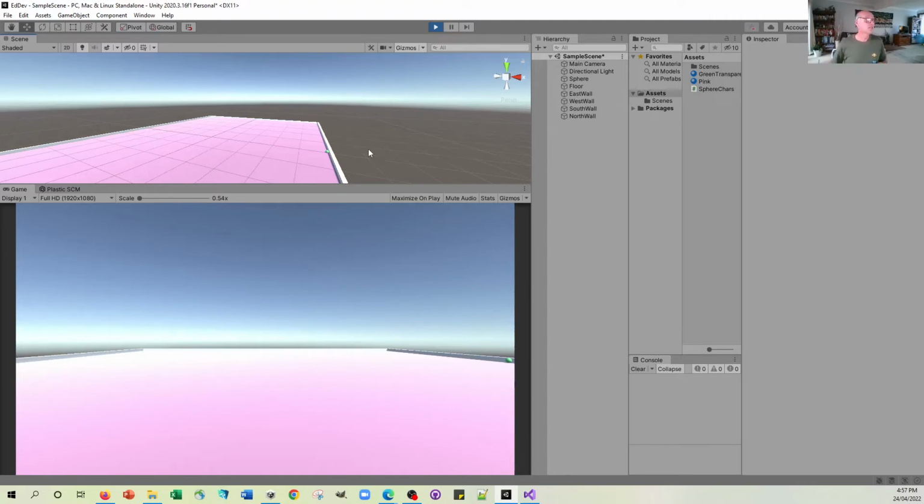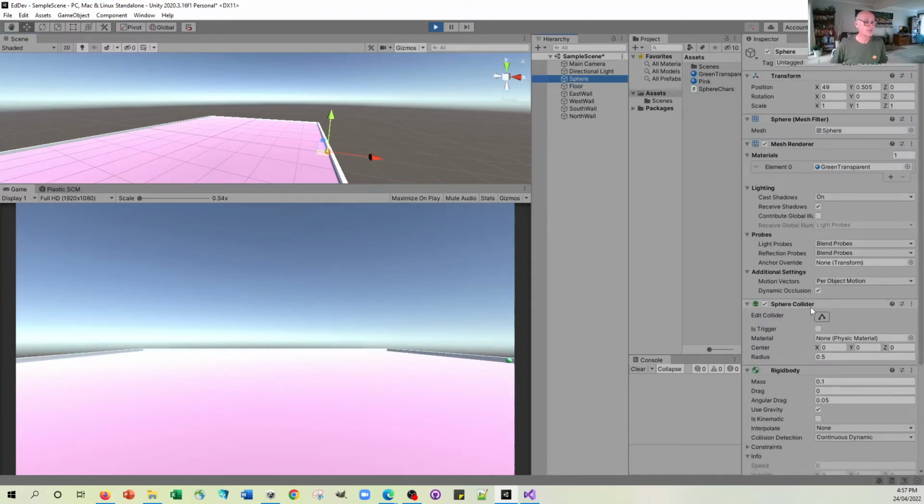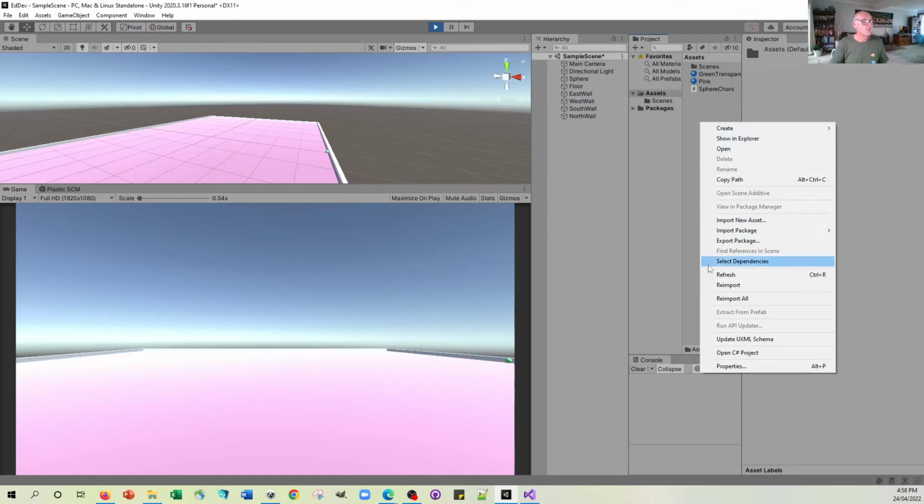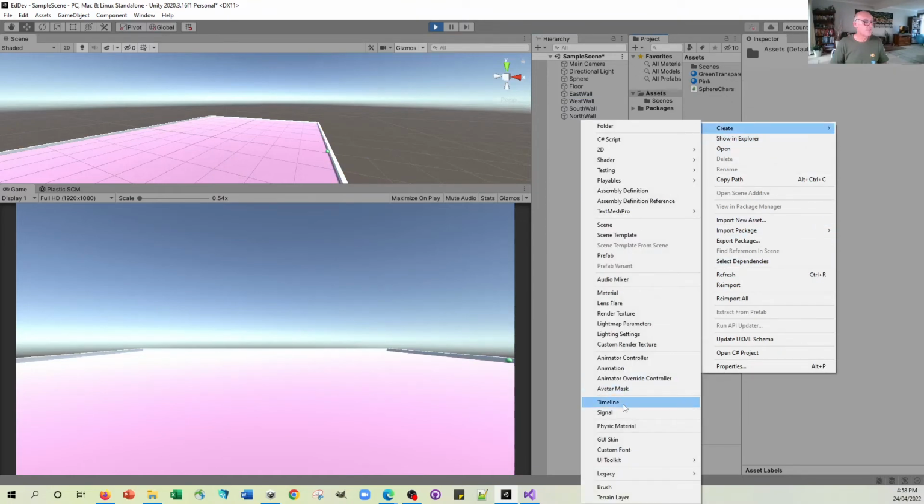So you'll notice that when you have a collider, whether it's a sphere collider in the case of the sphere or a box collider in the case of the walls, that there's room here for what's called a physic material. And the physic material basically controls the properties that you associate with things like wood and metal and rubber, you know, the bounciness, the friction, that sort of thing. So what you do is you make a new physic material,